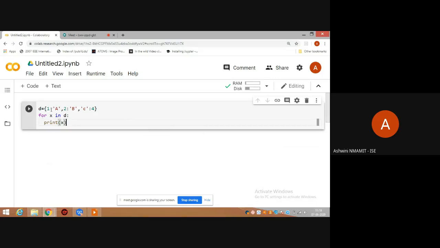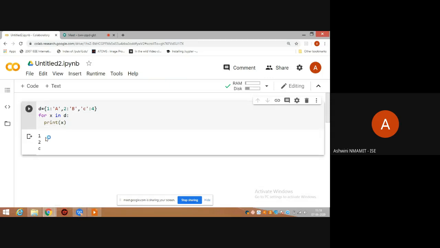Because traversing a dictionary is not just how you traverse a list. There are various ways of doing it. When I give for X in D, what does it actually traverse? It traverses the key elements, that is 1, 2 and C. But what if I want the value in a dictionary?